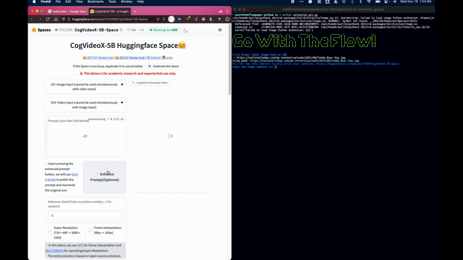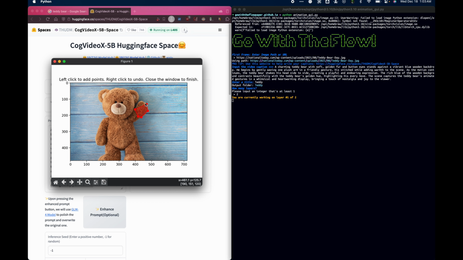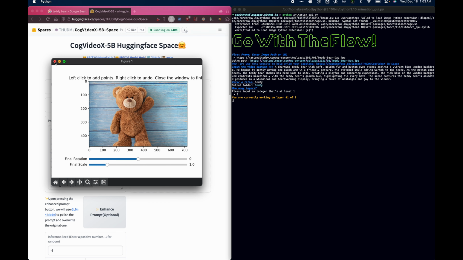The first layer. Let's say that the hand is in the back. If the hand is in the back, it should be on layer 1. That means the head will come in front. I'm going to select the region that I want to move, which is over here, and I'm going to click the X, and that will let me go to the second phase where I left click in the GUI over here,